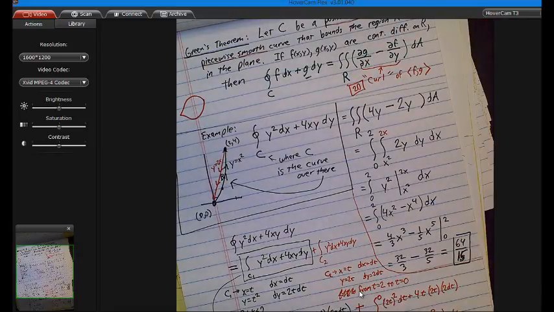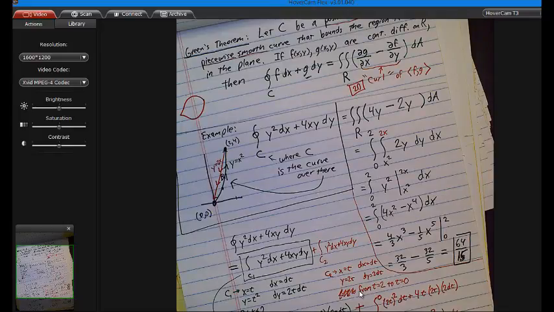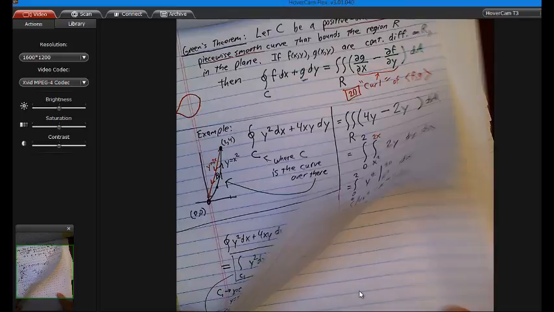Usually when people say curl, it's 3 dimensions. Dr. Stitz on Monday, when he substitutes for me, one of the things he's going to be talking about with you guys is what the curl vector is. And it's a 3-dimensional cross product. You don't even have a cross product in 2-dimensional, really. But if you did, this is it. And you'll probably see why that is on Monday also. So that's something that will come back. Anyways,